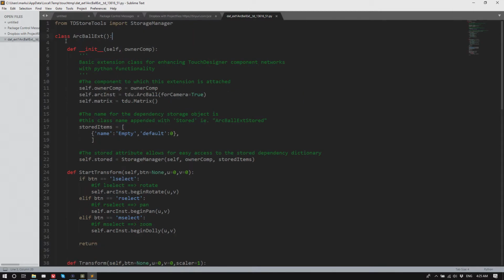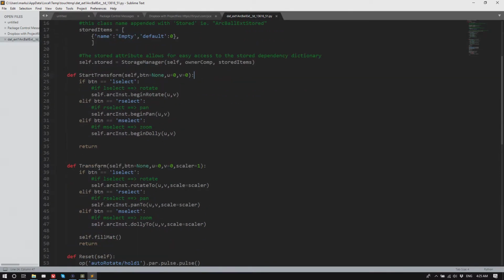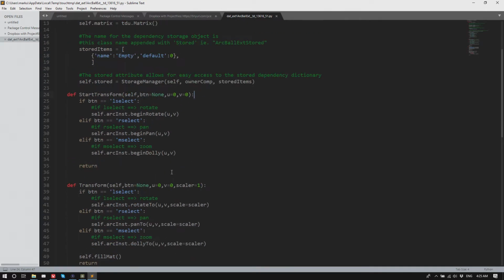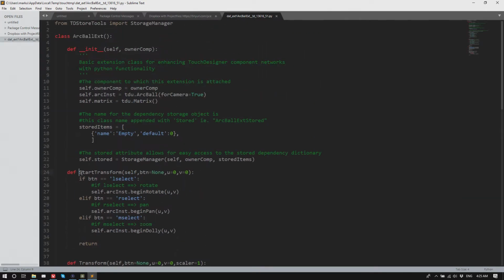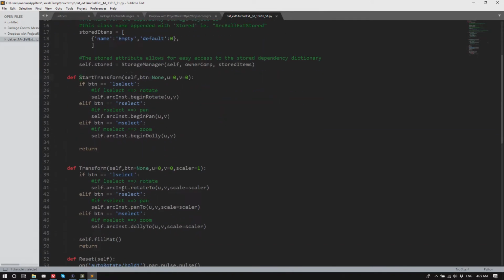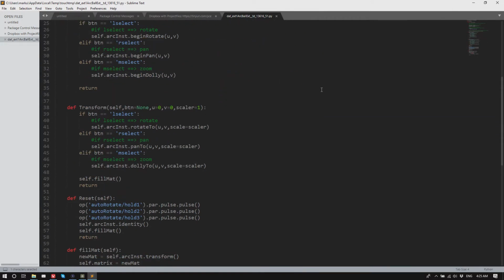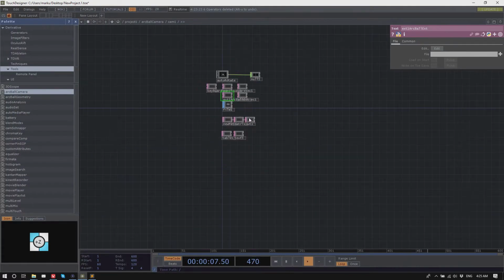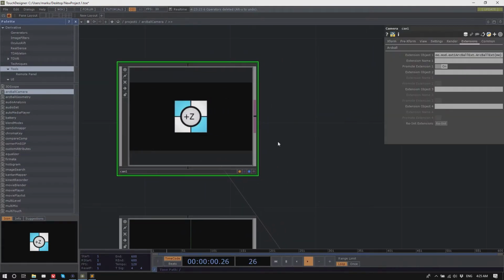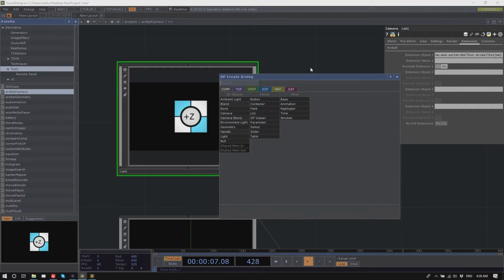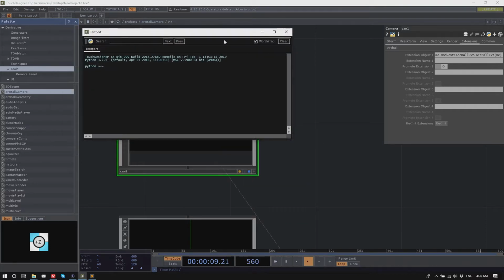And you can see that there's a class name, and there are some function names, and the interesting part about this is that especially those function names that start with a capital letter, like start transform here or transform reset, are actually available from the outside. They're promoted functions. So you can run those even from the text port.